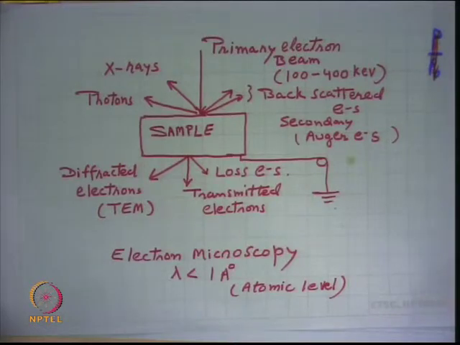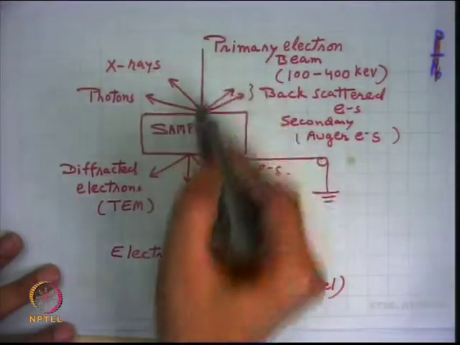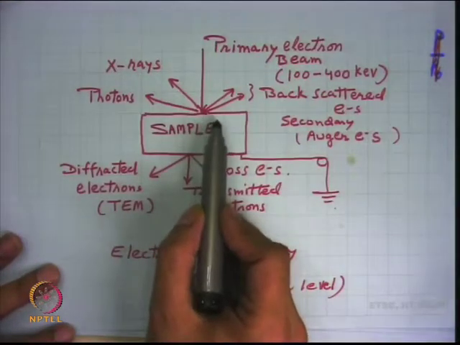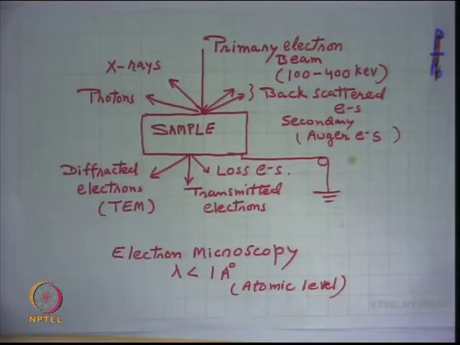The X-ray has a wavelength of the order of 100 angstrom, so it will cover a wider surface. But the electron beam has a wavelength which is less than 1 angstrom, so it can give you atomic information, right. Whenever a primary beam strikes the solid surface, there will be some kind of diffraction, because it will depend on the nature of the solid, soft material or hard material. That is the material science here.